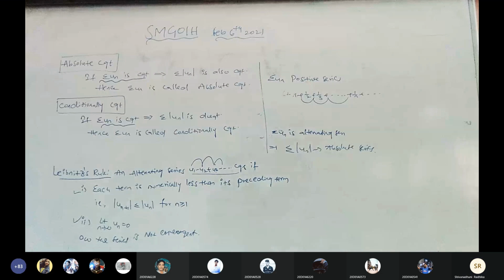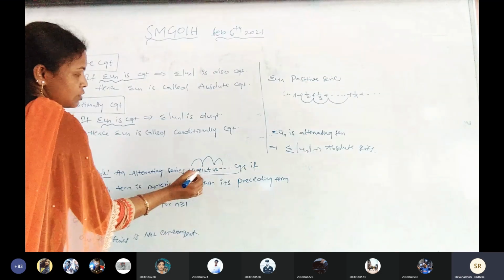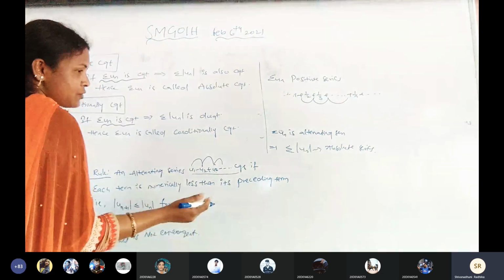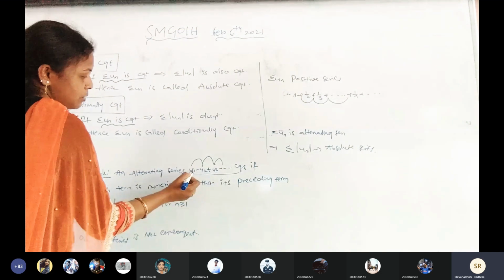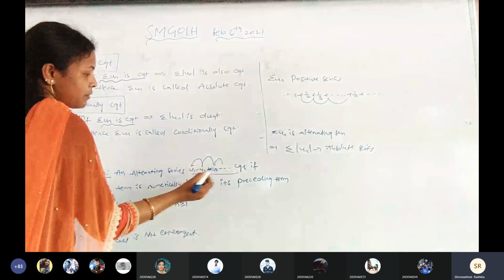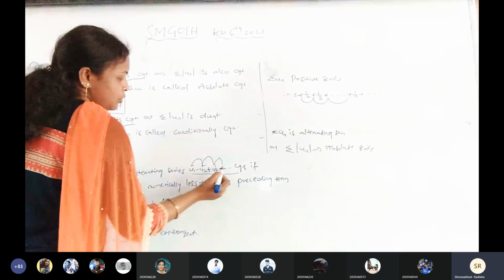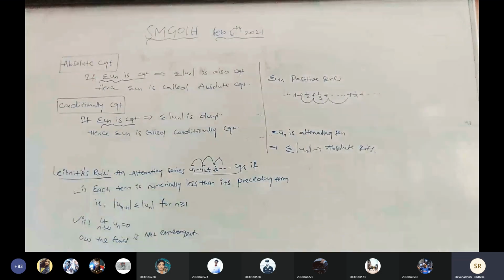Next, always this is the succeeding and this is the preceding. So the succeeding element is the lesser value compared with the preceding. So U1 comma U2, which one is the bigger value? U1 is the bigger value. U2 comma U3, which one is the big value? U2 is the big value compared with U3. Again U3 and U4, which is the big value? U3 is the big value. Now always the preceding term is compulsorily bigger compared with the succeeding term.